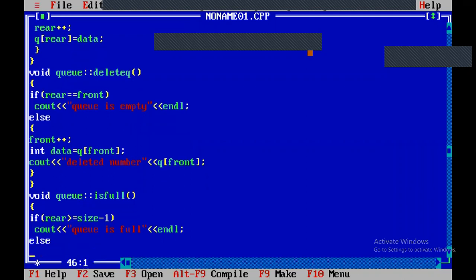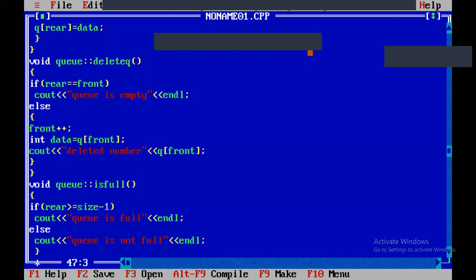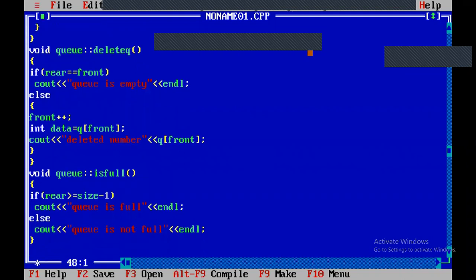Else, cout queue is not full. So if rear is greater than or equal to size minus 1, then the queue is full. Otherwise, the queue is not full.